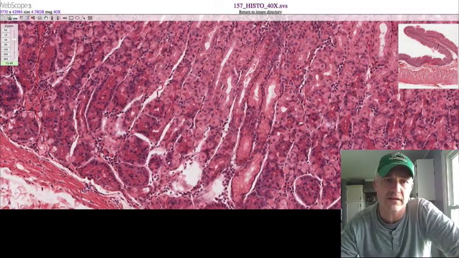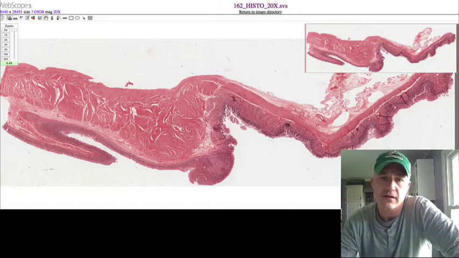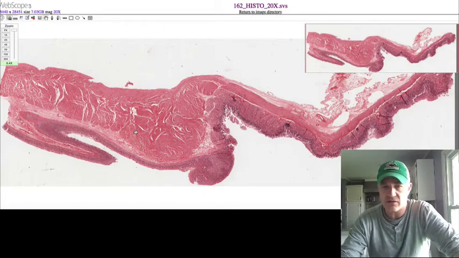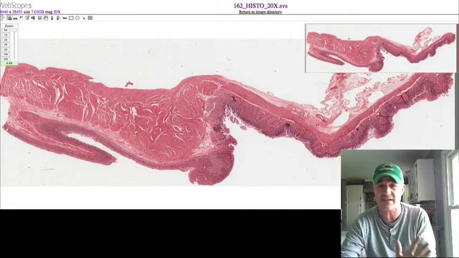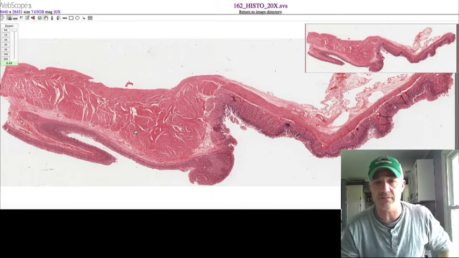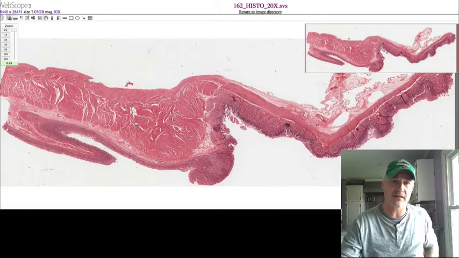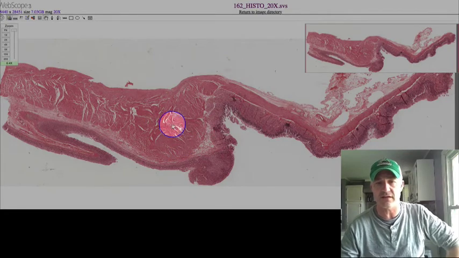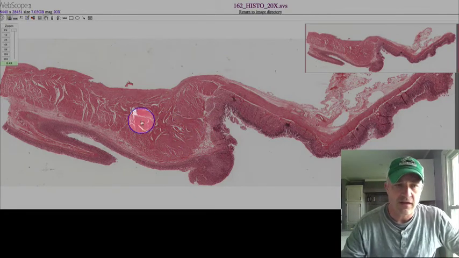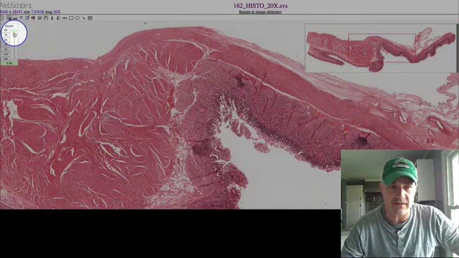So the other slide to look at here real quick. This is overall kind of showing you the stomach transitioning to the small intestine. This one's always kind of a neat slide to look at because there's some big changes that happen almost immediately. So you can see that pyloric sphincter right here is this huge chunk of smooth muscle, which is kind of interesting. The other thing that's kind of interesting, if we zoom in on some of the epithelium here,